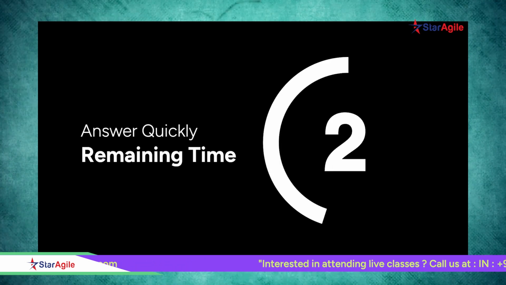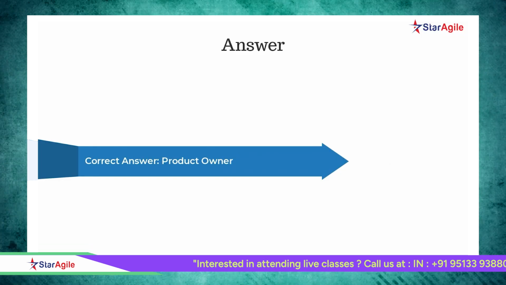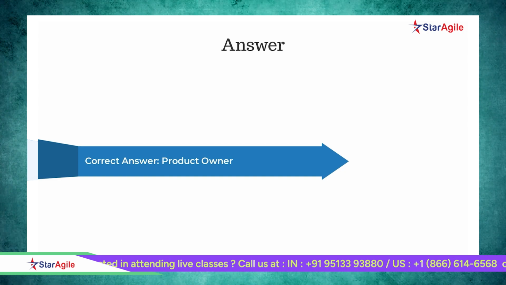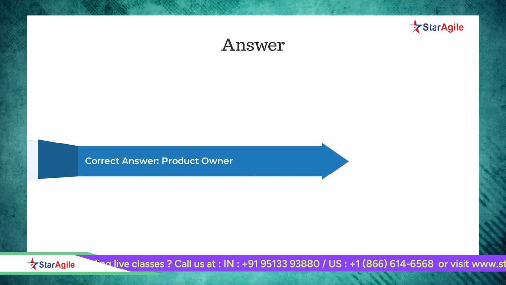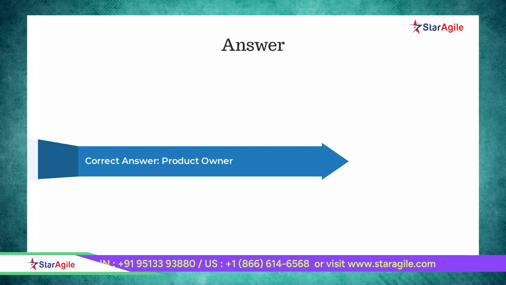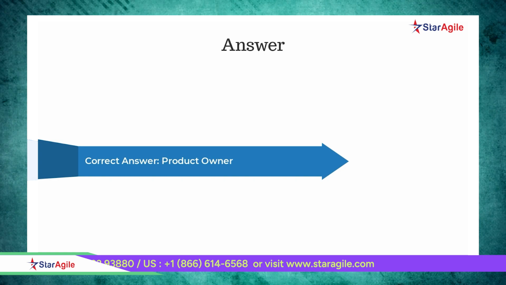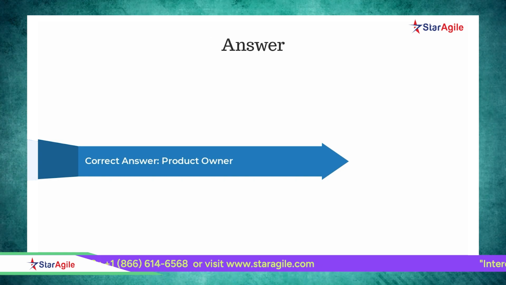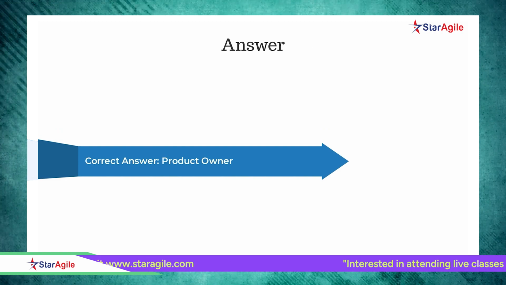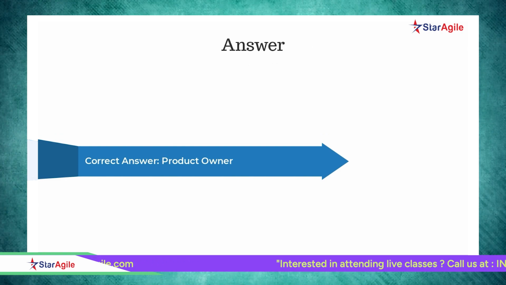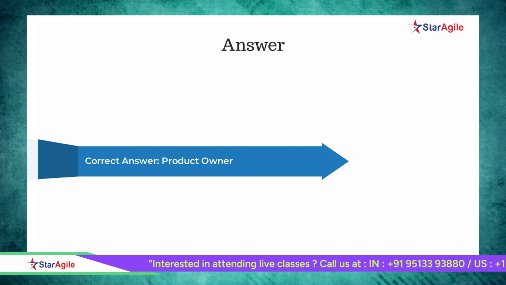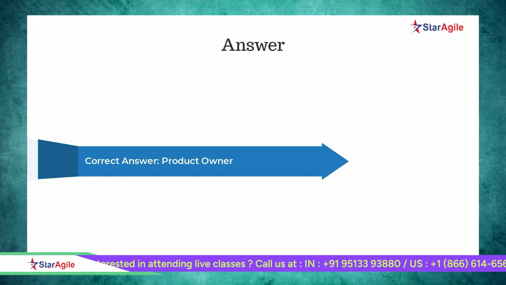And the right answer is it is the product owner. The product owner prioritizes the items in the product backlog based on their value, urgency, and strategic importance. They work closely with stakeholders to understand their needs and preferences and make informed decisions about which feature to implement next. Prioritization is an ongoing process, and the product owner continuously evaluates and adjusts the backlog based on the changing